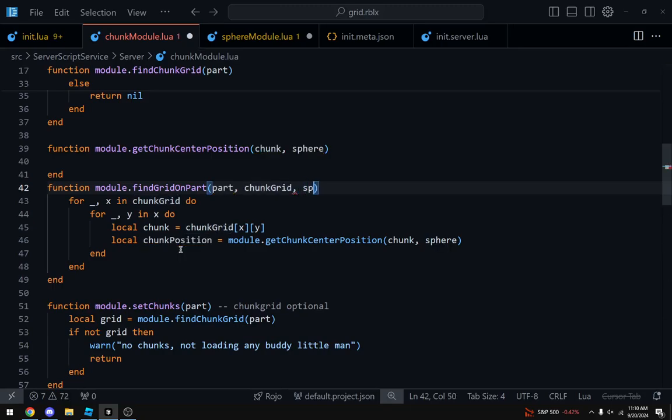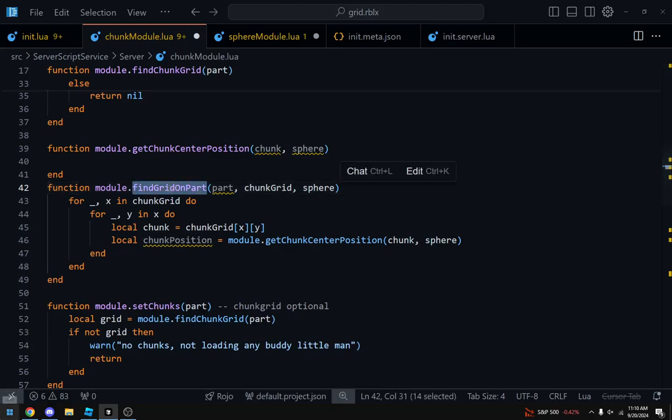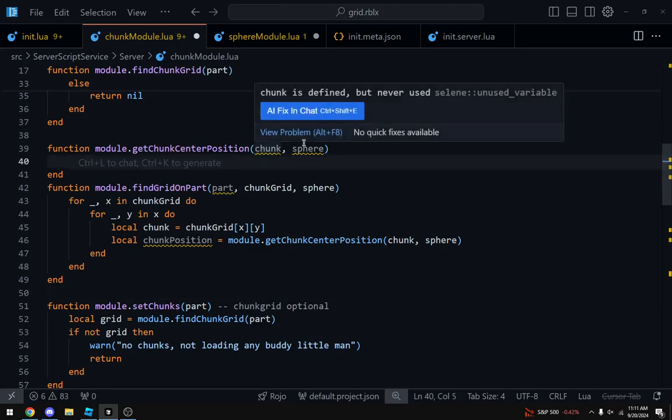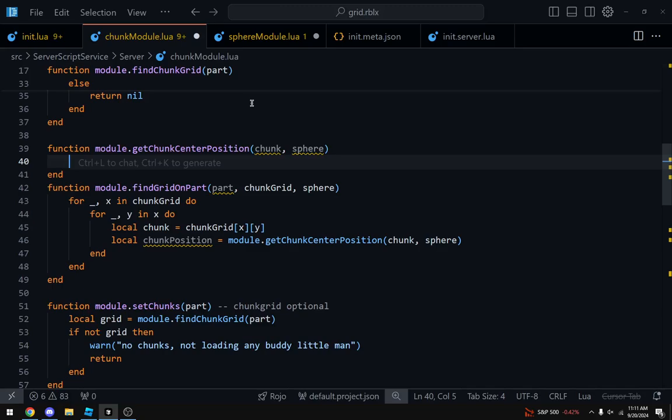So I need this sphere. So the chunk in the sphere. So we want to do local position equals sphere dot get position.